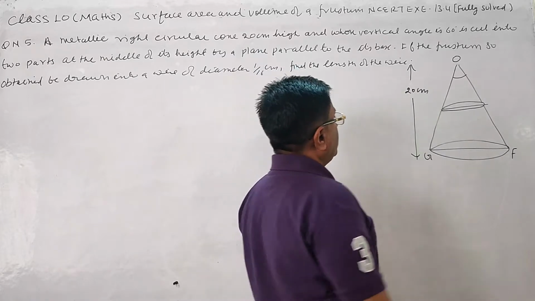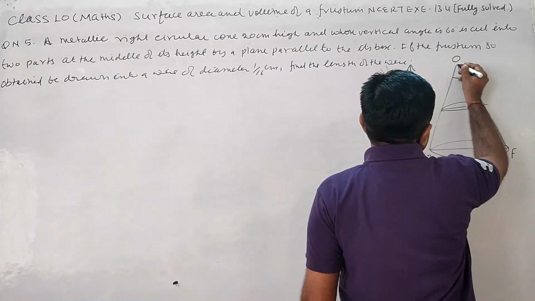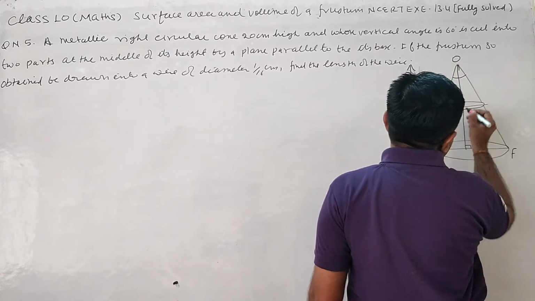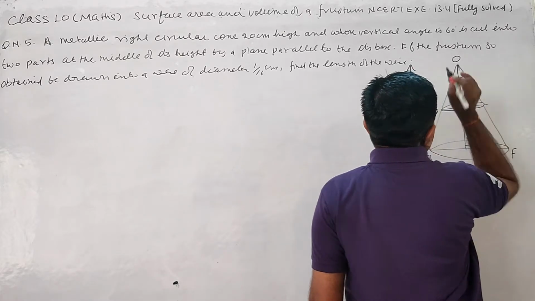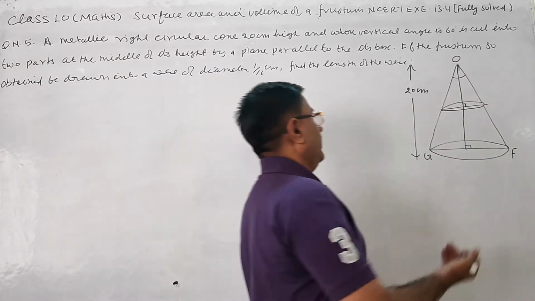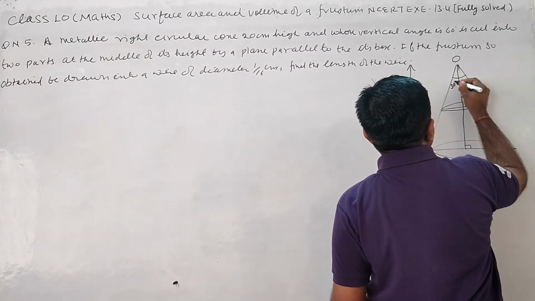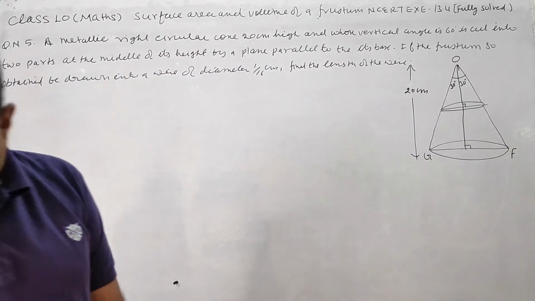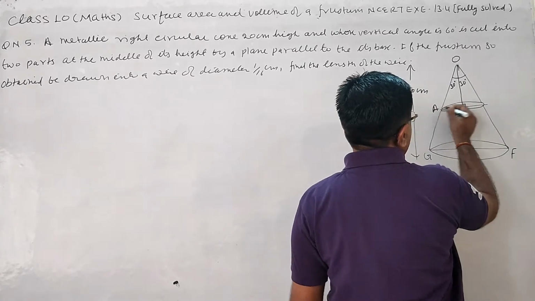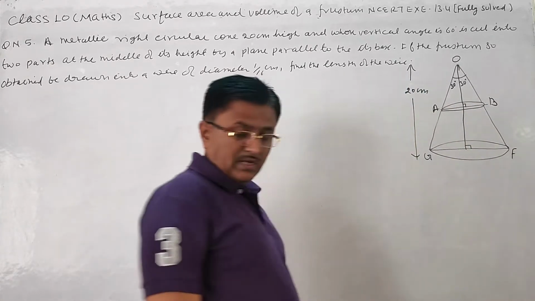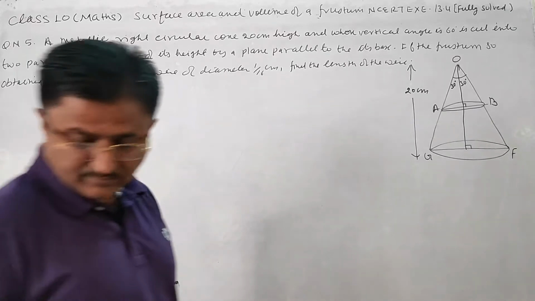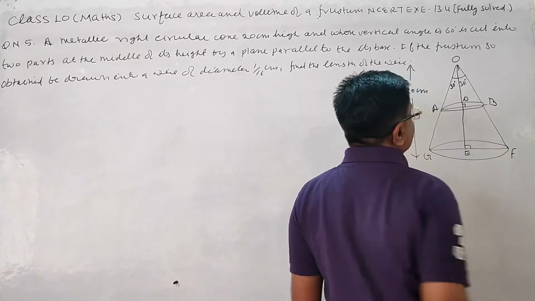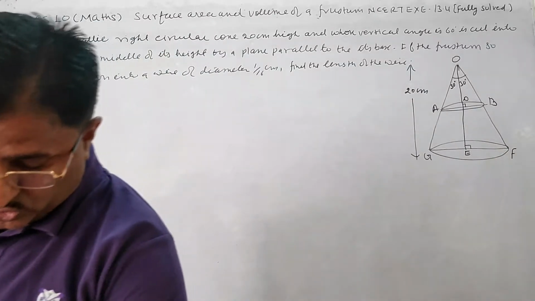Now as we draw the height, you know that the height will be perpendicular to the base, and the angle will be bisected. So this is 30 degree and this is also 30. Now we mark the points: this is A, B, and two points E and D. Suppose this is B, this point B, E. Clear? This is very important.